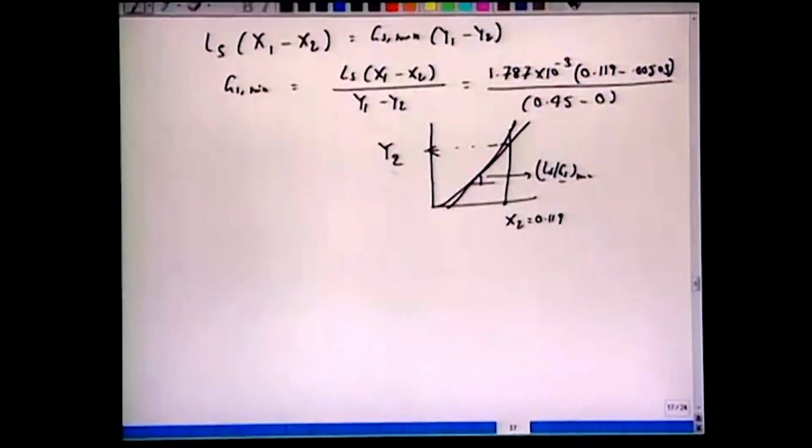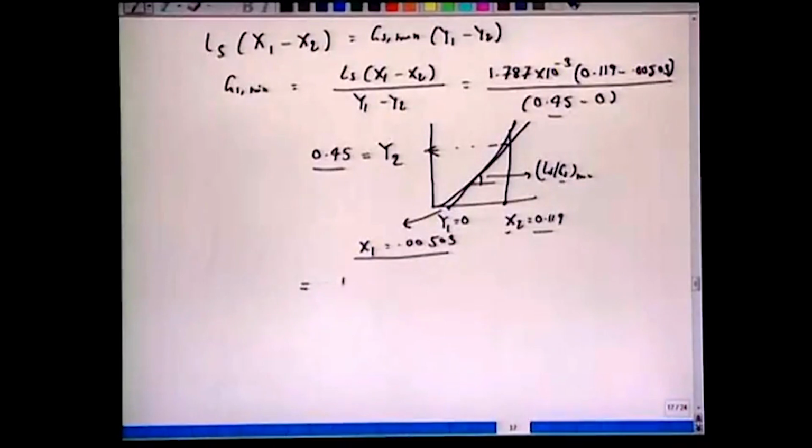Okay, so this is the y2 which we have got at 0.45. This is y1 which is 0. We have flipped this and we have 0.119 and we have 0.00, a very small amount, this x1 as 0.00503. So from the slope, wherever it makes this intersection, this tangent here, and x2 is fixed, we get y2. We substitute here to obtain this Gs min as